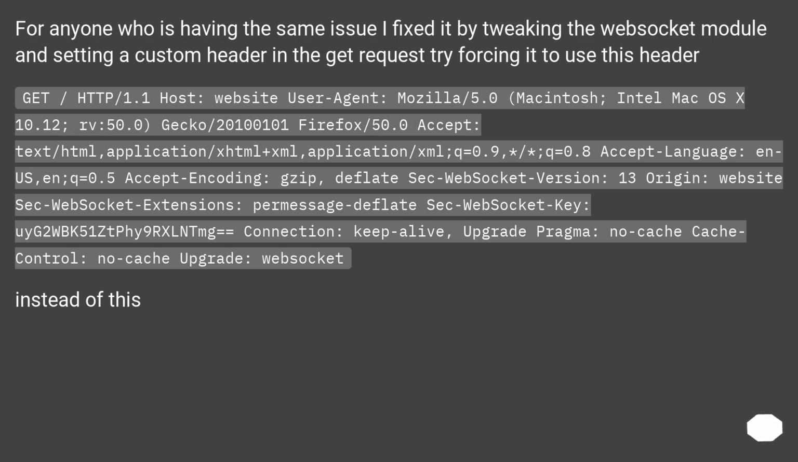Sec-WebSocket-Version: 13, Origin: website, Sec-WebSocket-Extensions: permessage-deflate, Sec-WebSocket-Key: I2WBK51stv9RXLNTMG==, Connection: keep-alive, Upgrade, Pragma: no-cache, Cache-Control: no-cache, Upgrade: websocket. Instead of this,